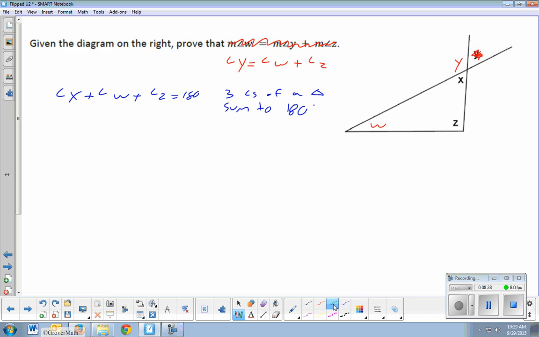And I also know that these two angles are supplementary. Angle y plus angle x, right? They add to 180 because two angles that form a linear pair